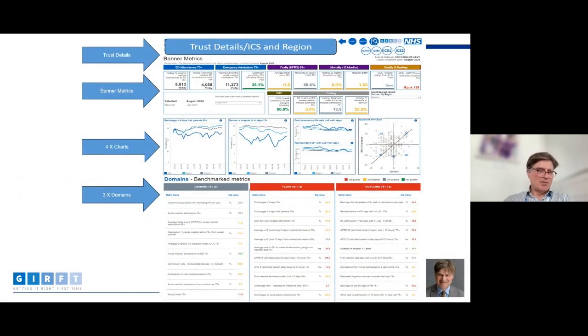So here it is, after much trailing, this is what you see, and it's a monthly refresh. So we're now showing August, so it's about 6 weeks behind. As I say, it's a mixture of information. Some is grouped around over 75-year-old patients, and generally this is about admissions in the emergency medical pathway. And the third thing is